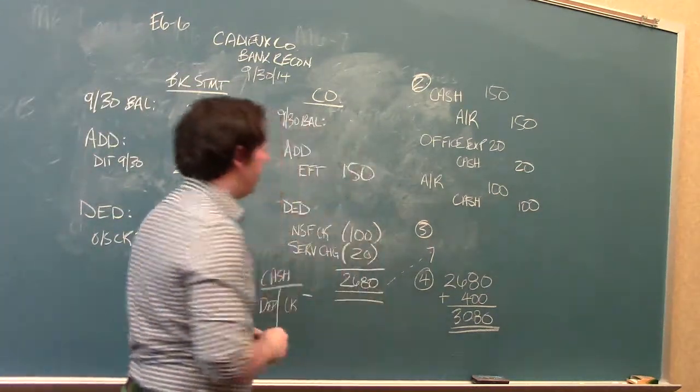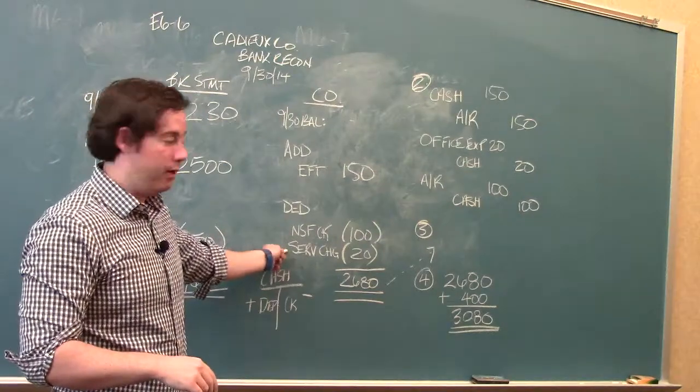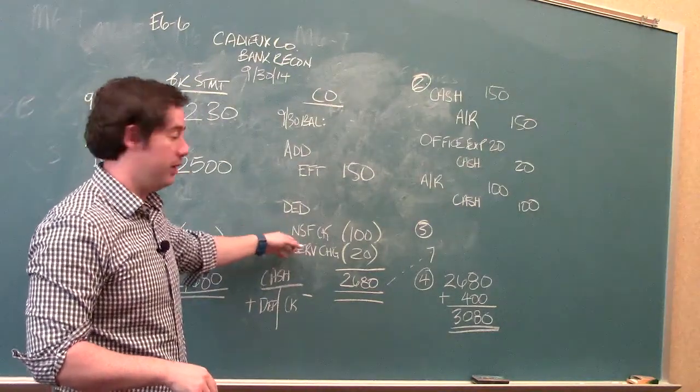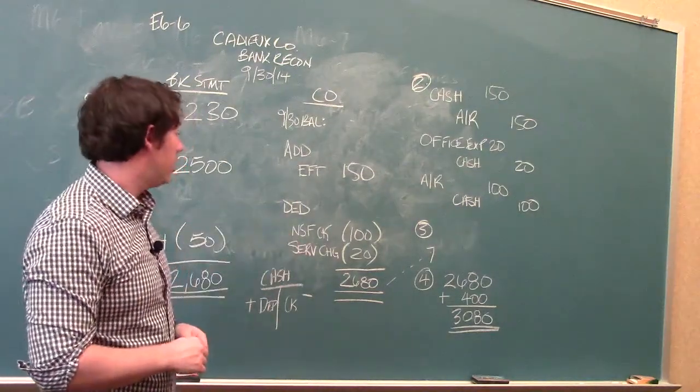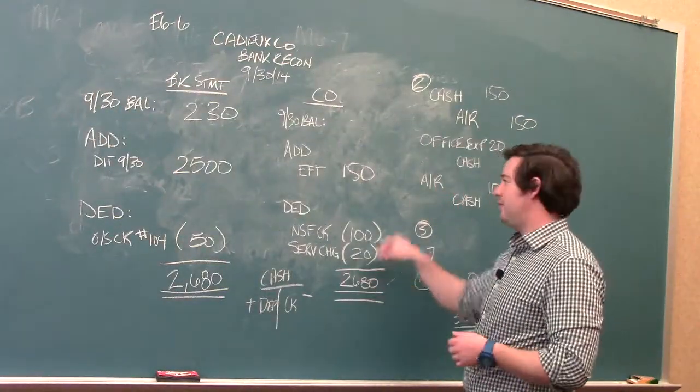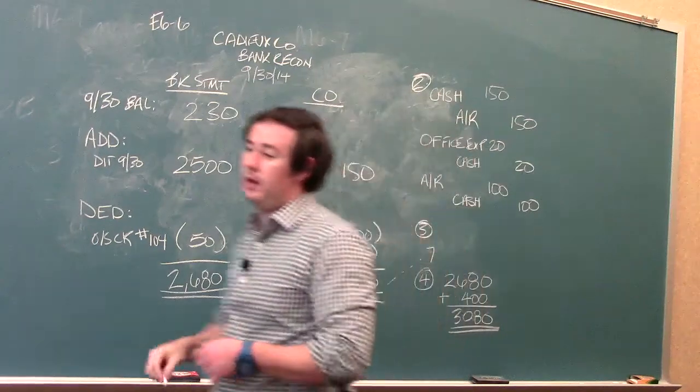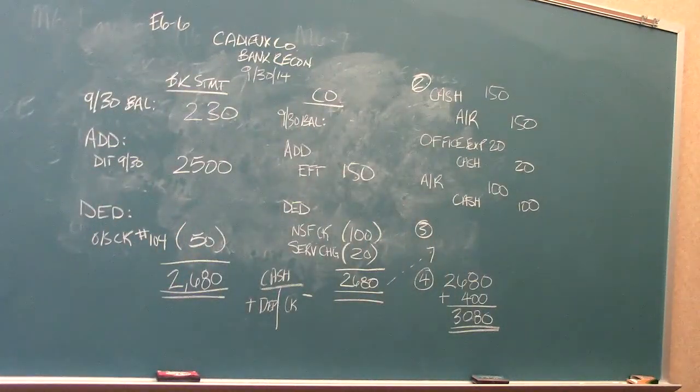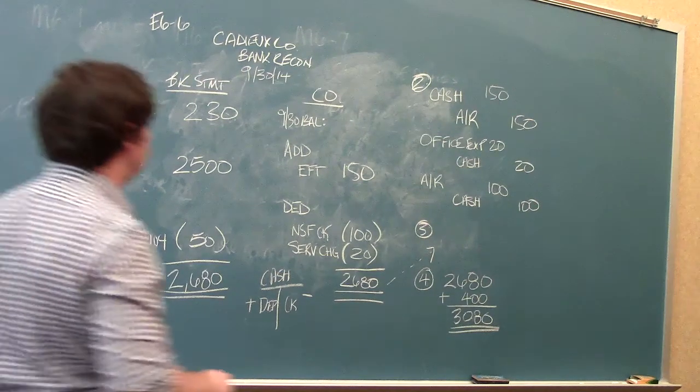$20. That's going to be a reduction adjustment on our company side. So, what are we missing here to get to this 2,680? Because obviously this doesn't balance here. We need to add the beginning balance. The beginning balance that we start with is actually the ending balance for that month. So where was the starting point here? This 2,650